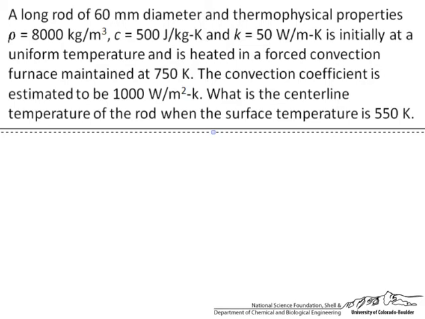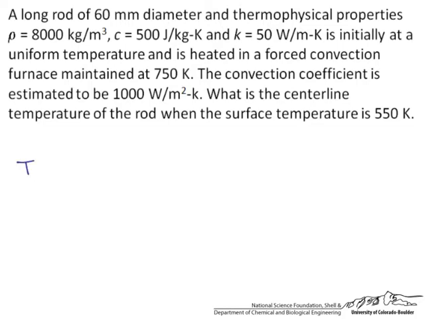It's initially at a uniform temperature and is heated in a forced convection furnace maintained at 750 K. So what that means is our T infinity is 750 K. The convection coefficient is 1,000 watts per meter squared K, and what we are looking for is the center line